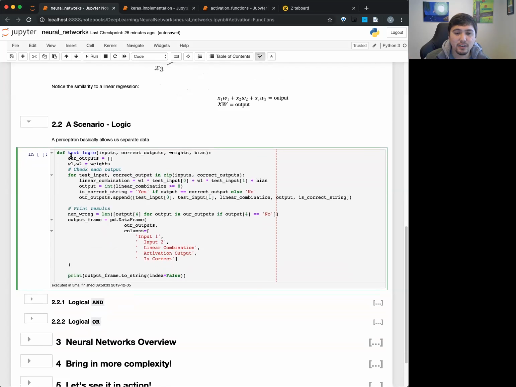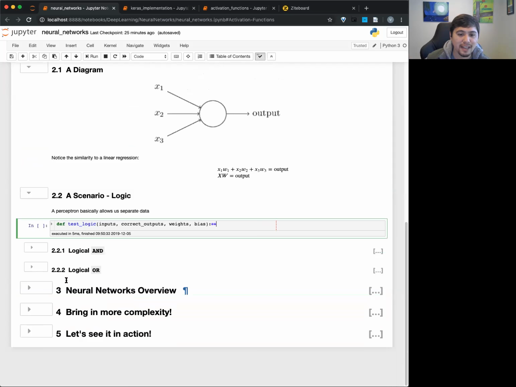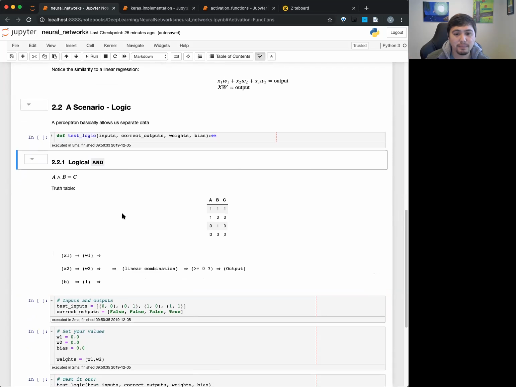But anyway, this is a little function. We'll go through it a little bit. Basically, this is going to build up X1 W1 plus X2 W2, without the X3 here, and we're going to combine them together. Just note that we'll walk through this in a second, so just ignore it for now. All right, so the actual problem.